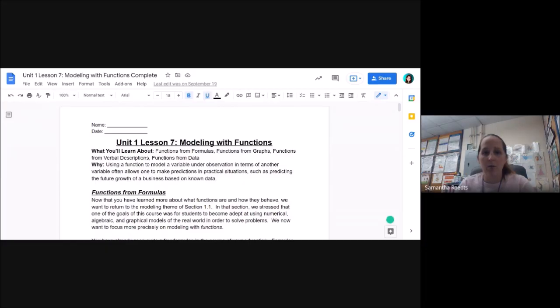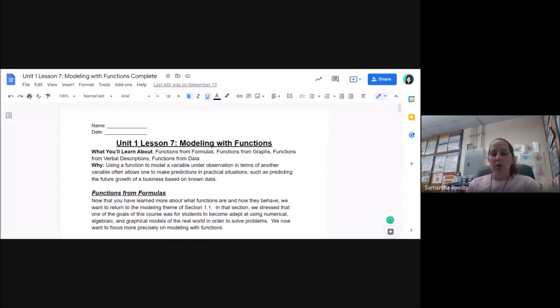All right, so this is the lesson for Unit 1, Lesson 7, which is modeling with functions. Unit 1, Lesson 7, modeling with functions. For this unit and this lesson, you'll learn about functions from formulas, functions from graphs, functions from verbal descriptions, and